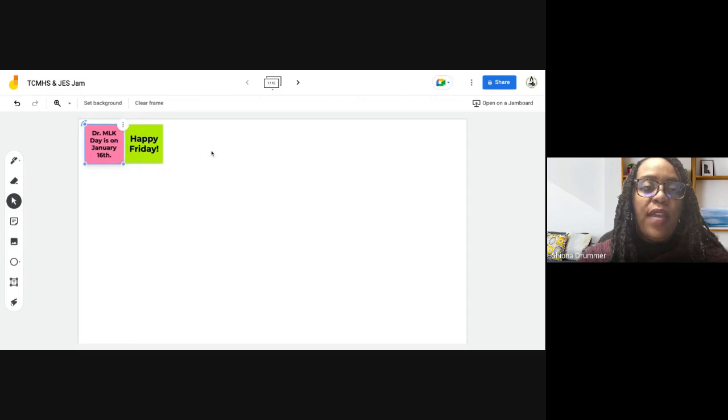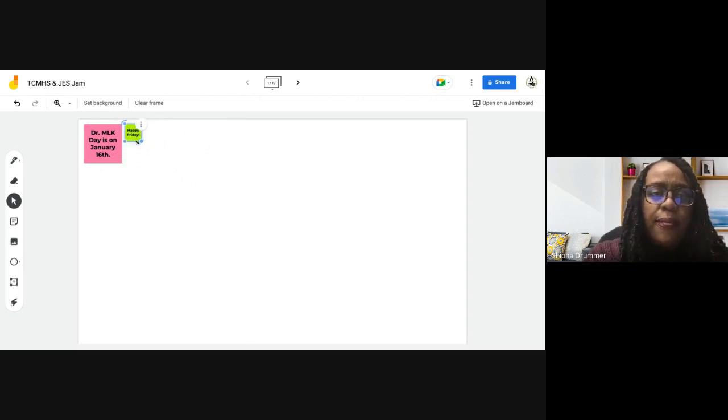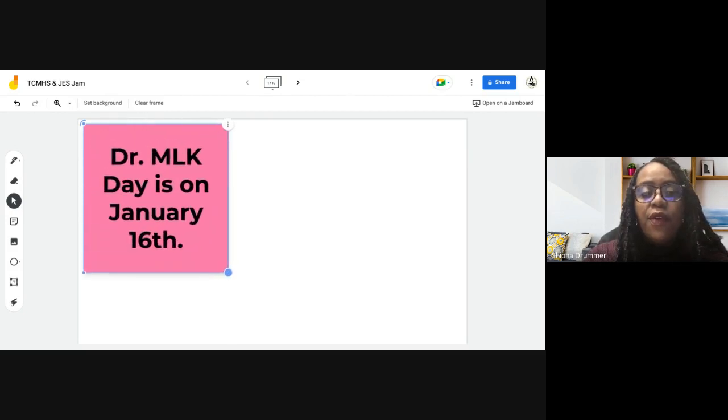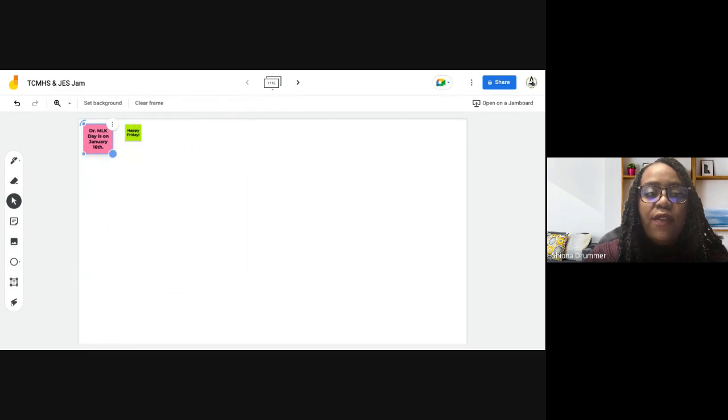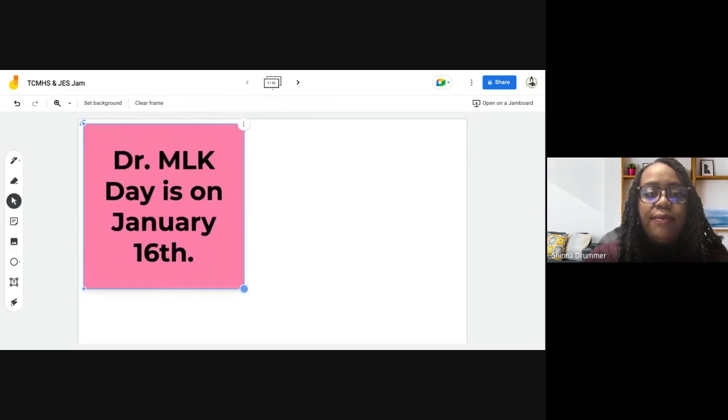So we can rearrange these, okay? So if you have a class set of sticky notes, if you have your learners use sticky notes to submit their answers or their questions, their I likes, I wonders, you can have them here on one jam, and you can actually shrink them down real small if you're going to have something that's ongoing, maybe for a unit, and maybe this is your parking lot. So if people have questions, comments, concerns, they put them in here and you need more space, you can shrink them down, and then when it's time for you to view them, to read them to everyone, or if you want to highlight one in particular, just click and drag on the corner to expand it. When you're done,